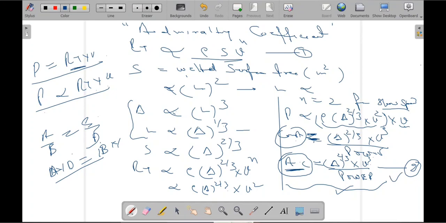Sir, before the last step, can we mention that AC equals constant by density, so that it gets proved? Yes, you can do that, of course. You can even take K here. Take K, then write K by rho. K by rho will be a density, so constant only. So then you can say, okay, this I am making into AC, or this is a constant for the vessel. Okay, sir. Okay, so